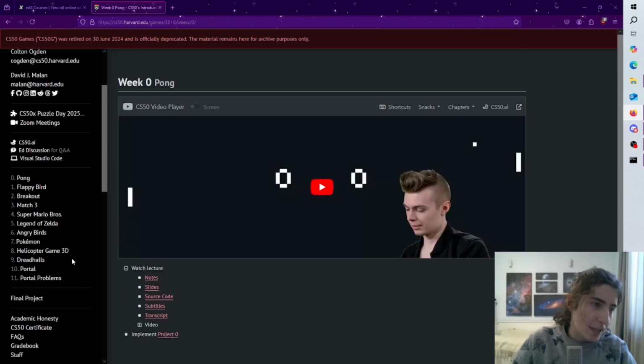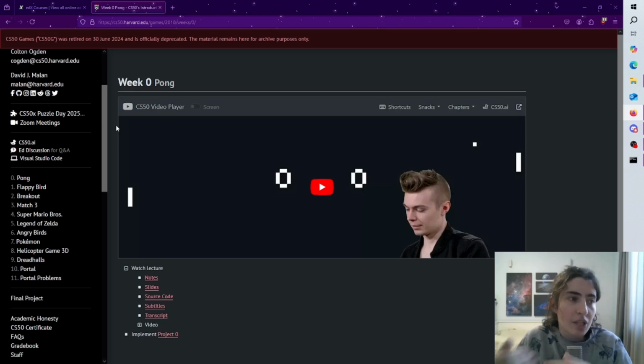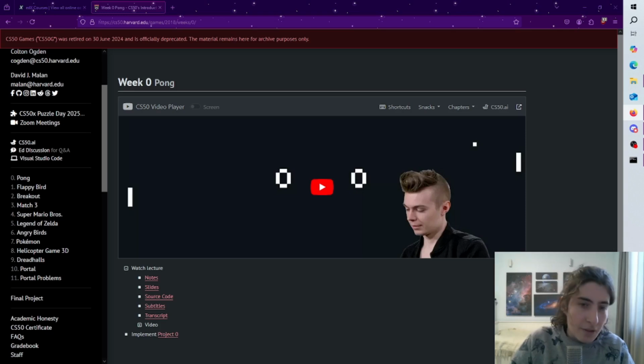They have this case study approach where they share some code. So they have pre-made games, as you can see here, Pong, Flappy Bird, Breakout, etc. And they share this code with you, and then the homework is to bring in some changes to the code. So they're basically doing both of the theory and observation steps with you,